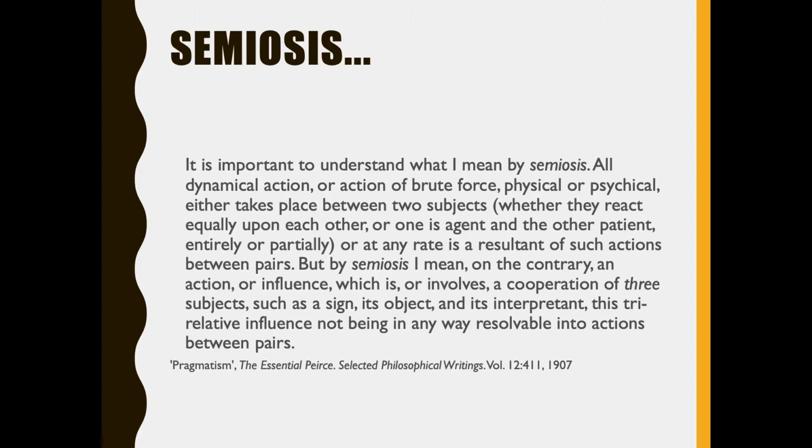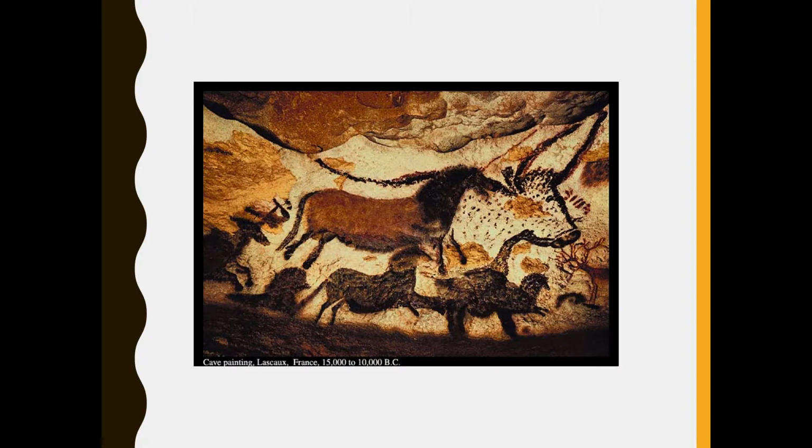So this semiosis takes place constantly. We make these links, we connect things, and that's what's happening when we're looking at different modes, and when we're looking at media that use different modes. So when we're looking at something like this, these early cave paintings, we make the connection between the image and the real object in the world. And these paintings, even though they are thousands and thousands of years old, are still very recognisable to us in the modern day as animals.